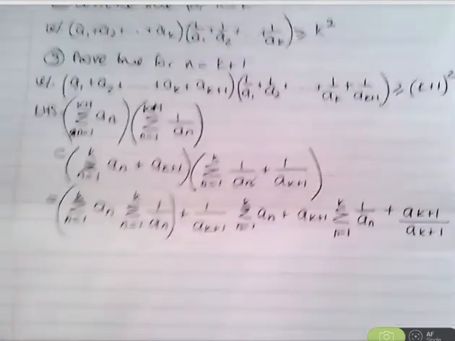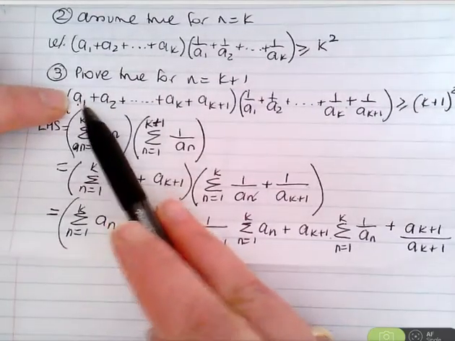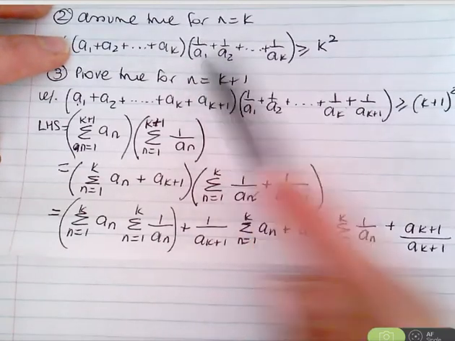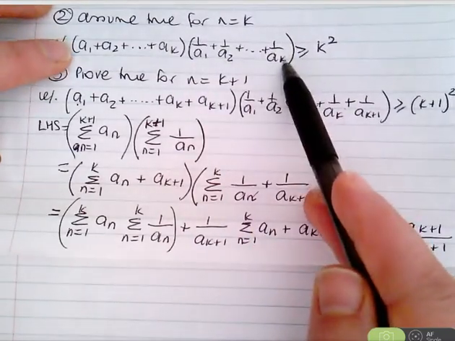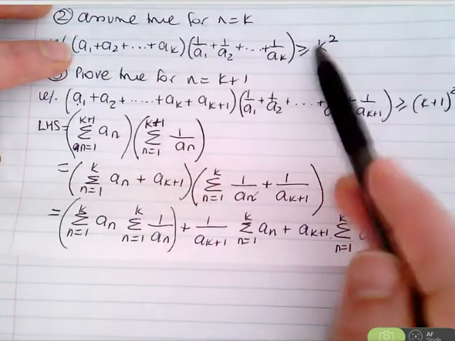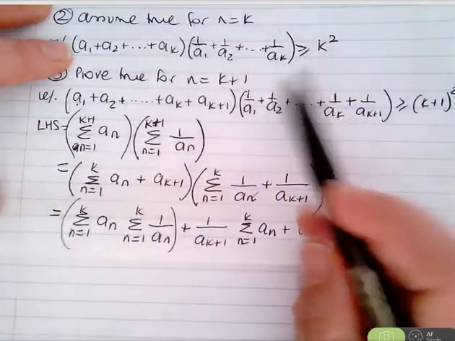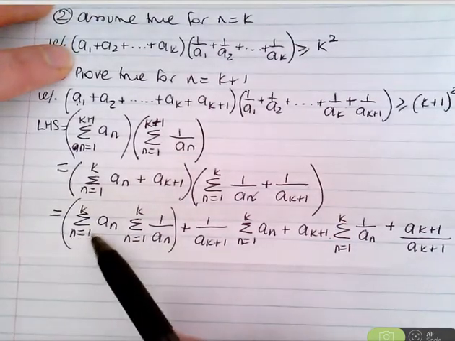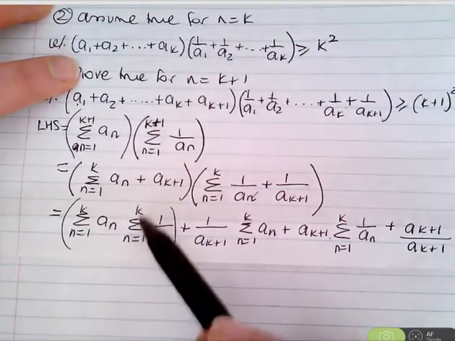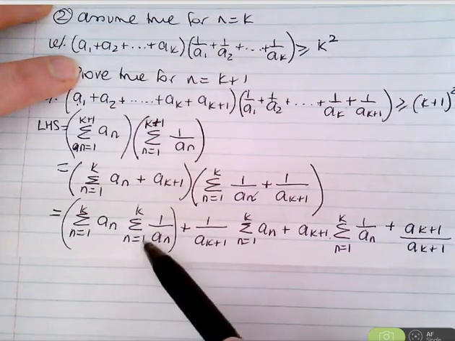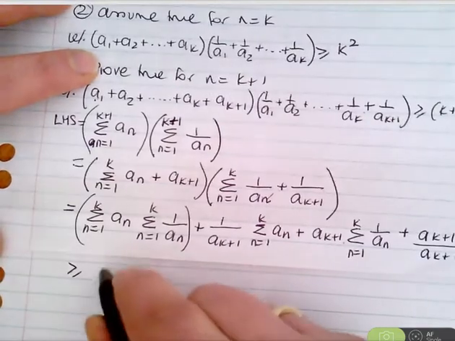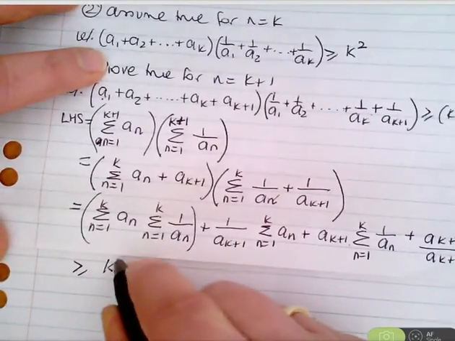Our assumption is that from a sub 1 up to a sub k times 1 over a sub 1 all the way up to 1 over a sub k, those two expressions multiplied by each other, or summations, is greater than or equal to k squared, and that's what we've got here. The sum from n is 1 to k of a sub n times the sum from n is 1 to k of 1 over a sub n. So therefore that is greater than or equal to k squared